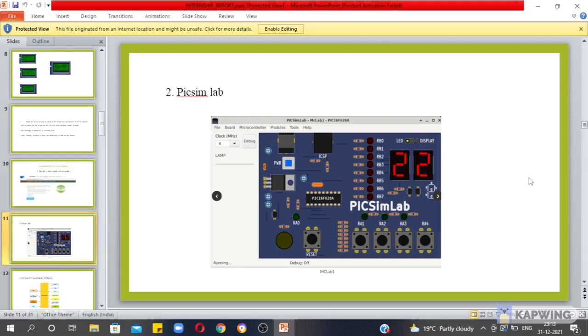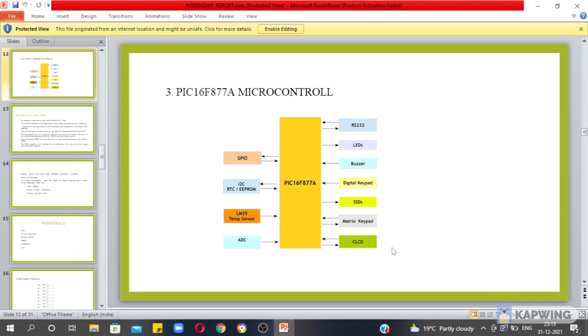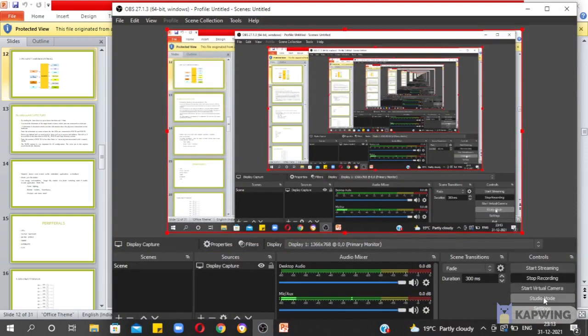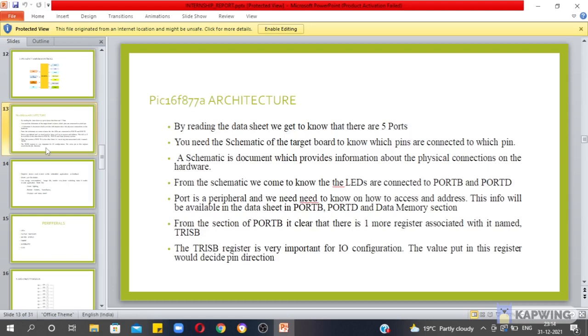PICSimLab, this is the main interface of PICSimLab. The PIC16F877A microcontroller, this is the basic interface of the microcontroller which we are using, and its PIC16F877A architecture.